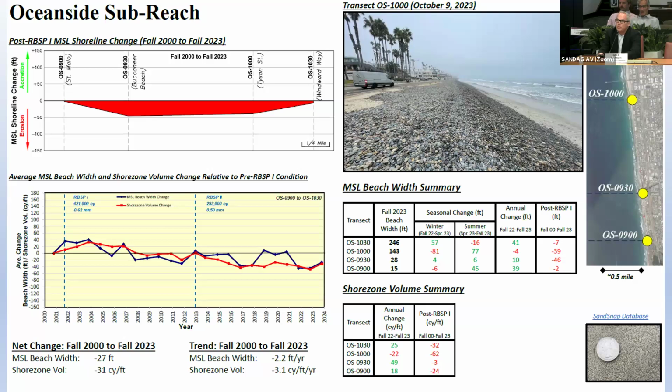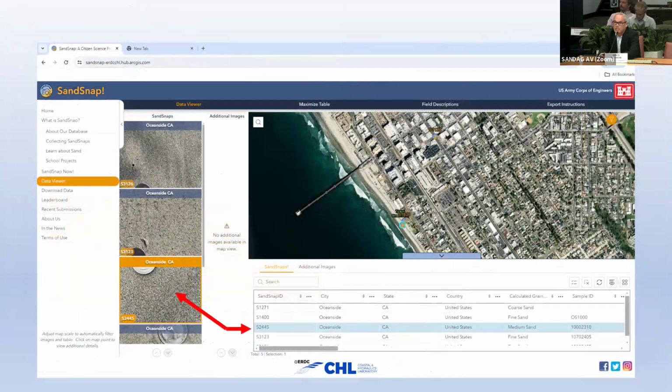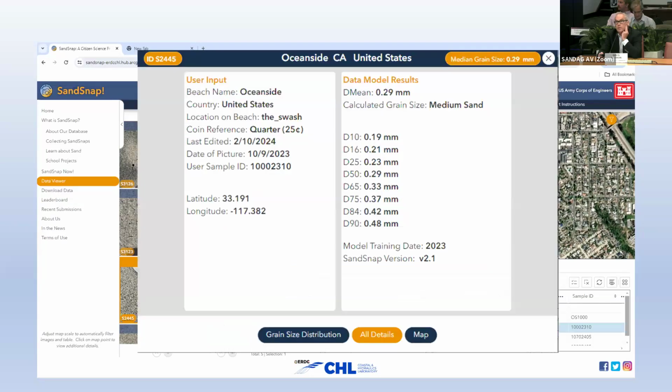One more piece, this isn't in the current report, but we're looking to add this. We've been using this Corps of Engineers SandSnap database program, which is essentially you put this coin on the beach, take a photo of it, the coin provides scale, you upload it to the Corps of Engineers SandSnap site, and they have an algorithm that will estimate the grain size distribution there. So the idea is there'll be a link on that synopsis plot that would bring you to this information, and you can get a look at the grain size distribution. There are sometimes when it doesn't really give good results, but for the most part, it does pretty well.